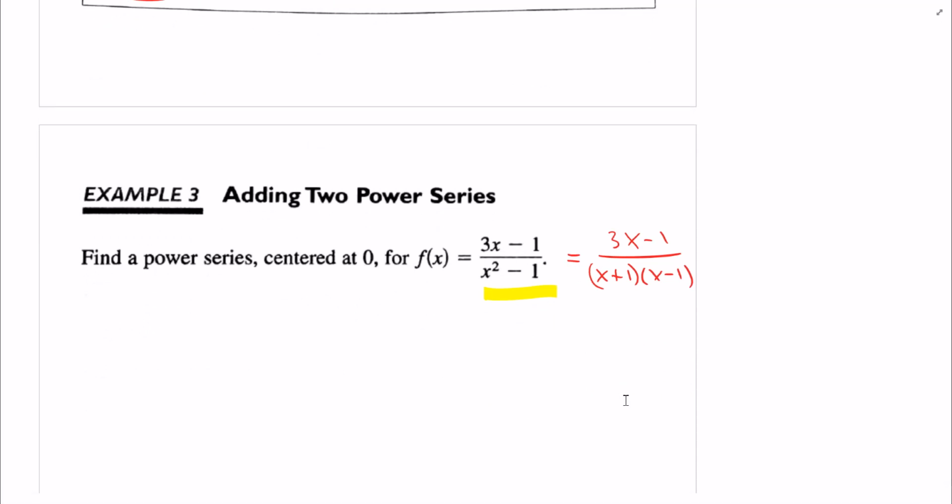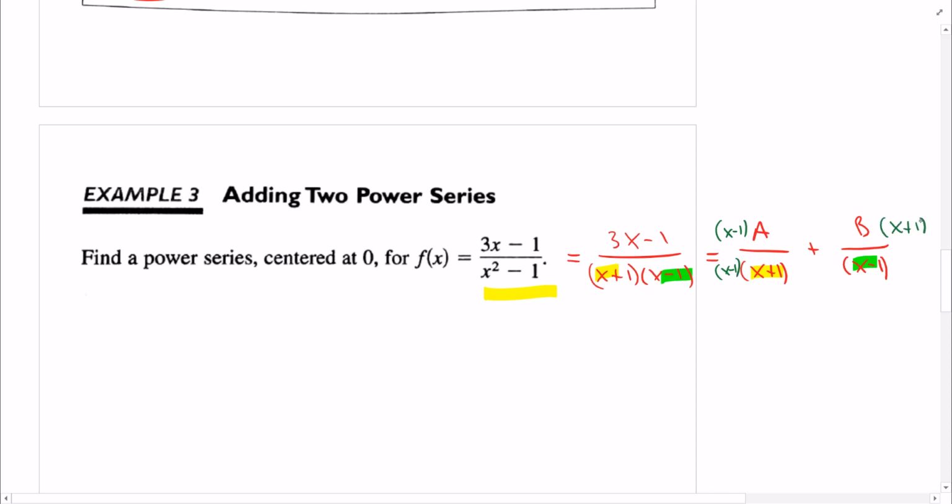So what we're trying to do here is separate this into two separate fractions. We don't know what the top number is, right? And the denominators here are the same as the things that were there. Basic idea is, well, what did we used to have before we found a common denominator? So we're just going to ask, what are this a and the b before we had a common denominator? Basically, it just requires us to find a common denominator. So we're going to multiply this one by the denominator of the other one. And we're going to multiply this one times x plus 1, which is the denominator of the first one. And we're going to get,